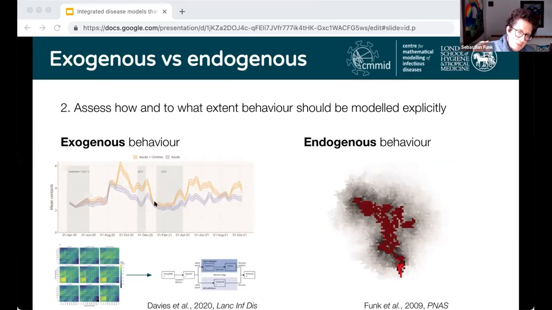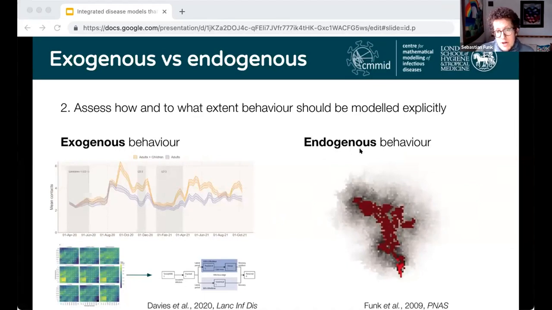For example, we observe or we measure contact matrices, and then we can integrate them in a mathematical model. It doesn't mean that we can explain behavior. It also means that we don't really have a model for behavior, but we have a way in which observed behavior can enter a mathematical model of infectious disease transmission. And there have by now been various examples of how this is being done. Other models have used things like mobility data, again, something that was talked about earlier today, to inform how behavior changes, and something that can then enter a mathematical model as a parameter affecting transmission intensity.